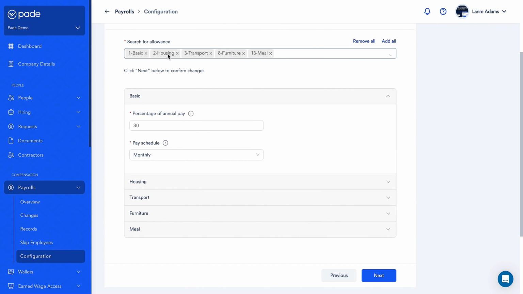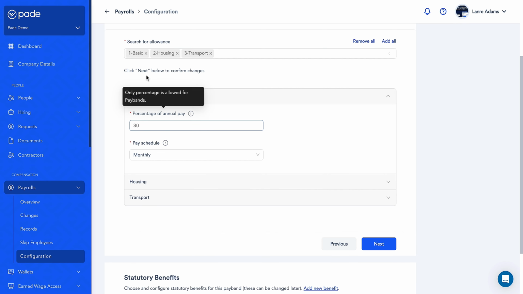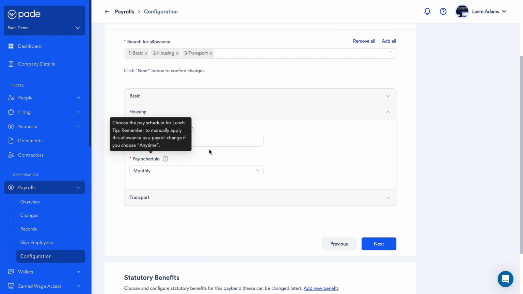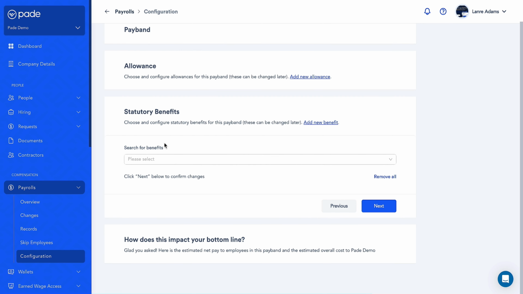Next we come here to define the allowances. So I'm just going to use 3 allowances for this demonstration: basic, housing and transport, and I'm going to configure what that is going to look like. So I say 50, come here and I will say 30. For transport as well, I'll come here, I'll say 20, and I click on next,